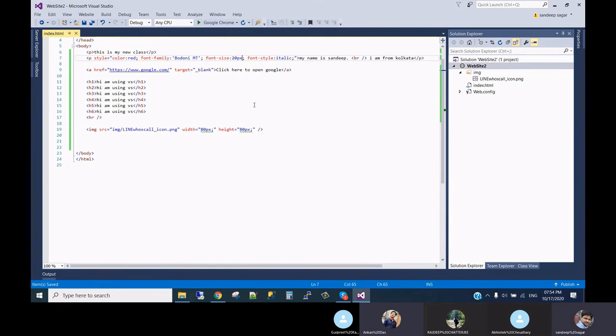Basically, for giving the size, one is the predefined ones like large. Second is the pixel, which you can say 20 pixel, 30 pixel, 40 pixel. Same, if you give it as REM, it also defines the size.